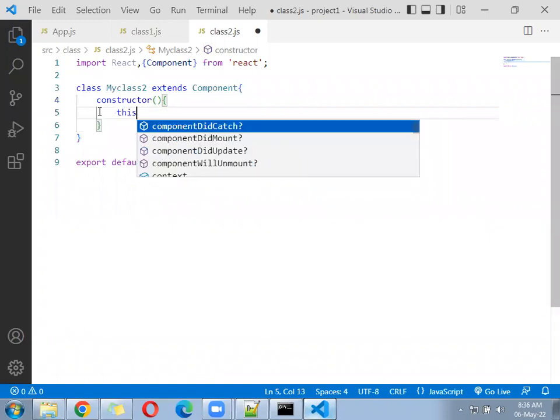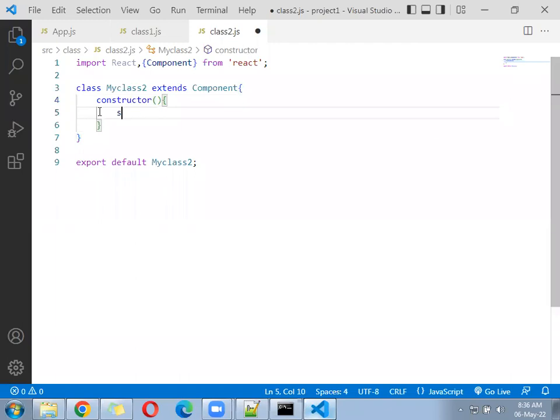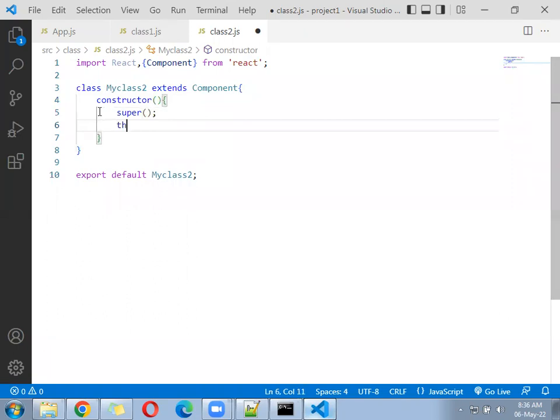First, you have to write the super function. Then this.state equal to